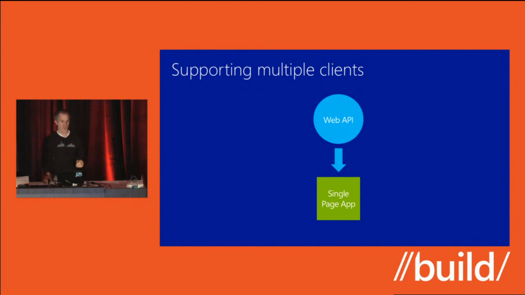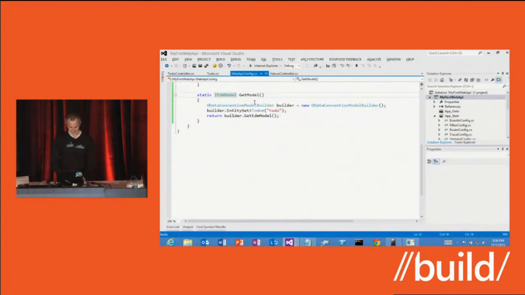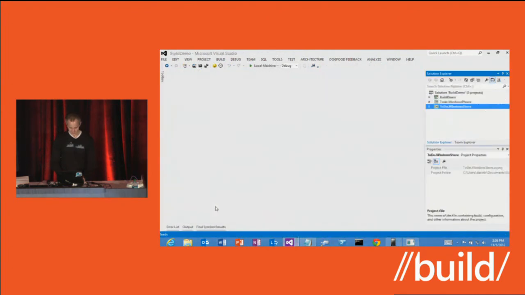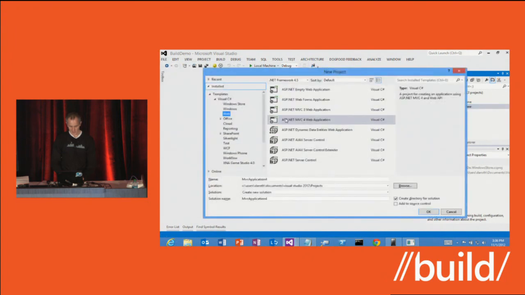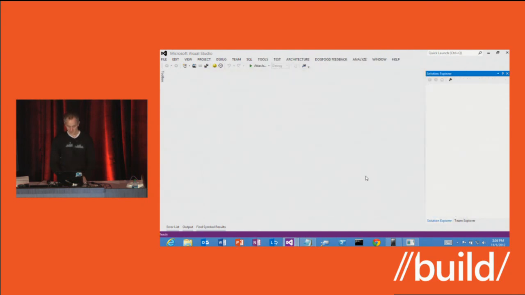I'm not going to implement that in front of you because we actually provide a template that shows you how to do that right out of the box. Like if I go back to Visual Studio, file new project. If I go back to web, MVC4, if you were sharp-eyed, before you would have noticed there's this single-page application project template. And that's going to give me a full to-do app with a rich HTML5 and JavaScript-based browser application. And it's backed by a web API. I'm not going to do that in this case because I've already got one.